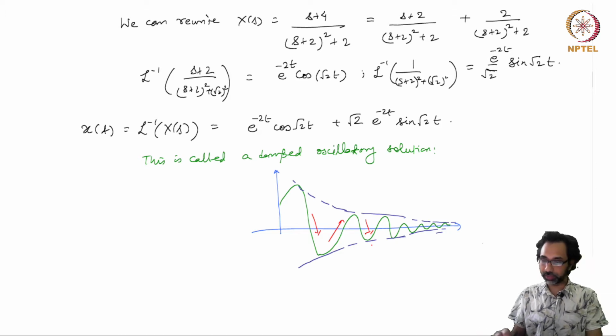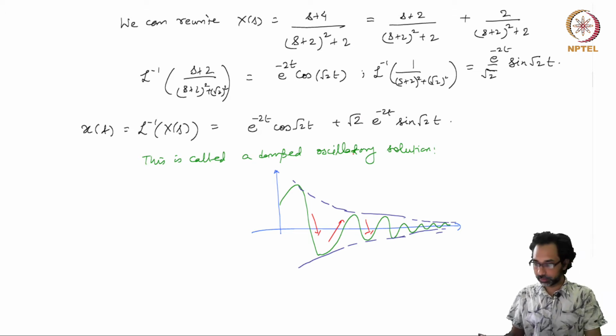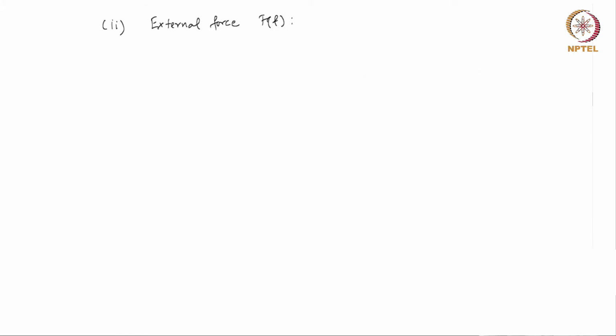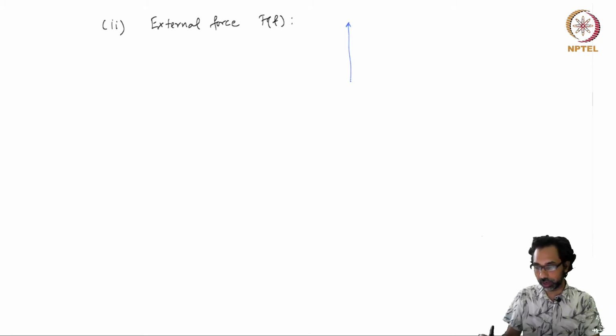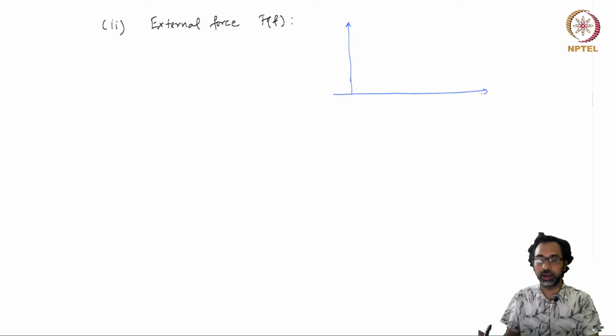So in this case we can easily solve it, but there can be more complicated functions or more complicated systems given by external forces, which we will see next. Now let us consider the following example for an external force F(t). So if we look at the graph, this force is going to be a constant between t equals 1 and t equals 2.